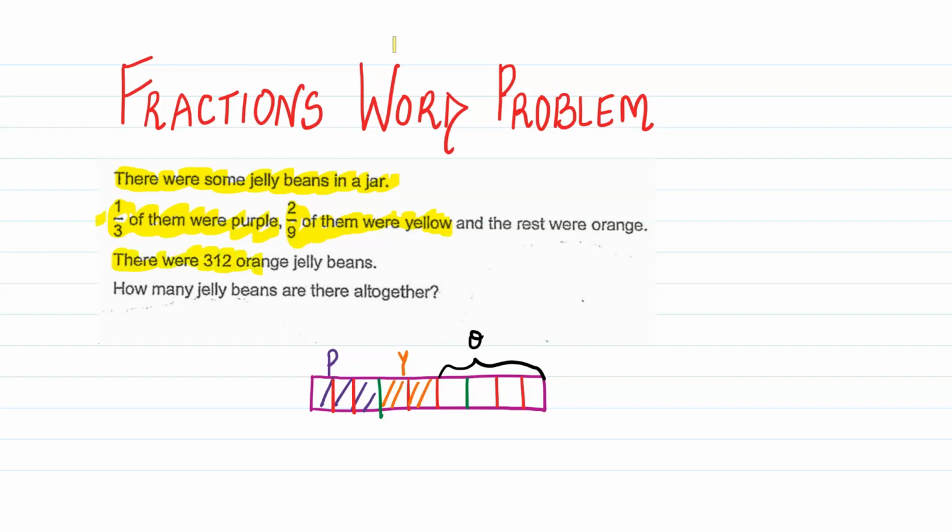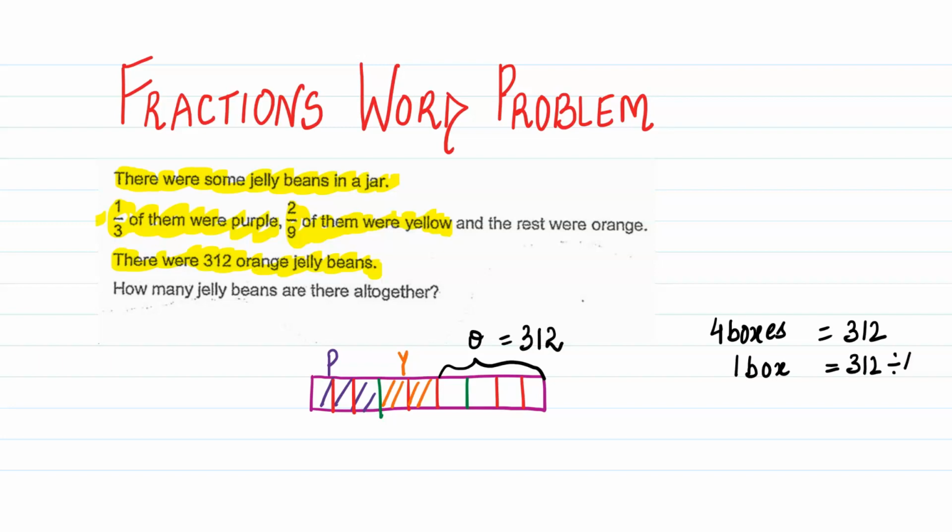There are 312 orange jelly beans. So now we also know 1, 2, 3, 4. 4 parts are orange on the bar, and the number also we know. The number is 312. We can clearly see that 4 boxes or 4 parts represent 312. So one box will represent